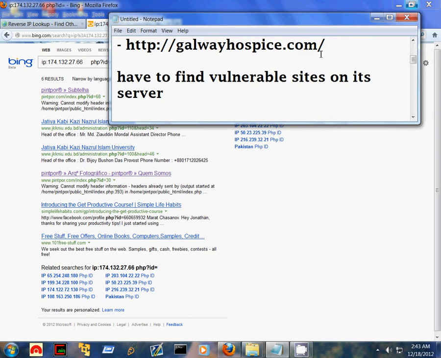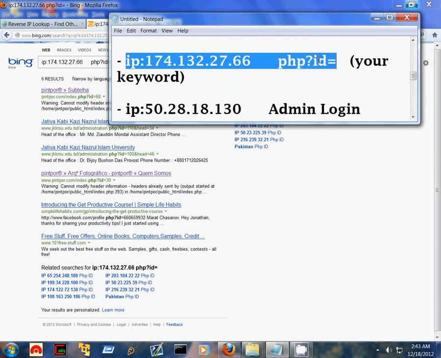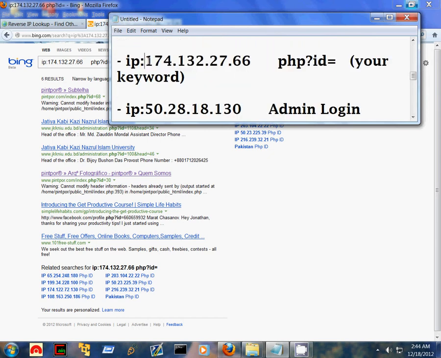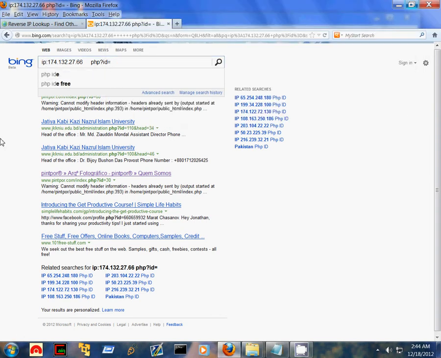What this dork actually does is search for all the websites hosted on that server and matching the keyword which we have specified. First it will search for all the websites hosted on the server which have the keyword php?id= in the URL.